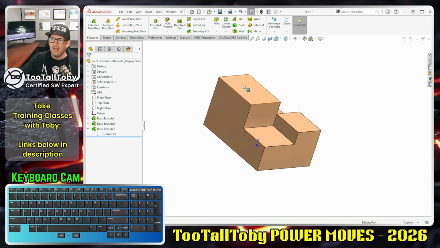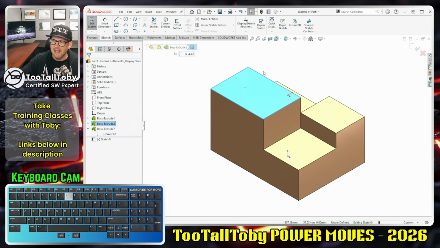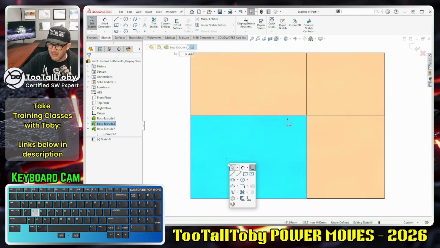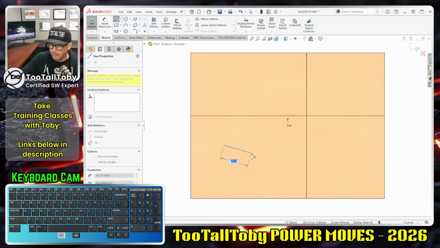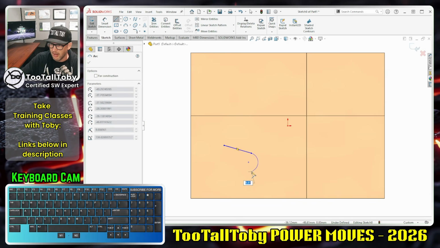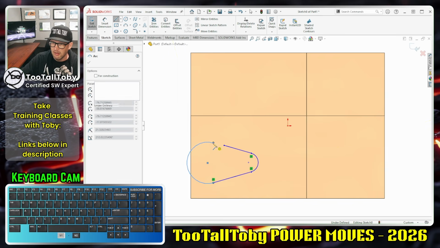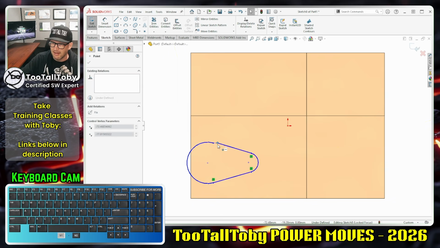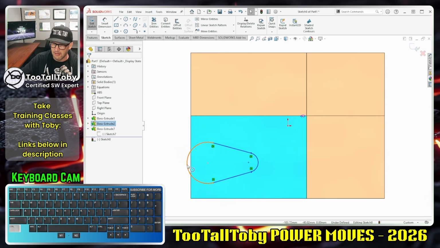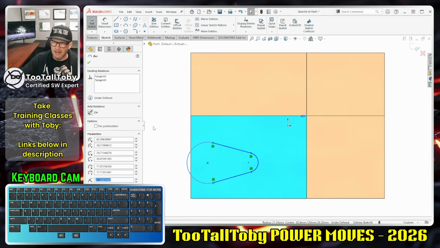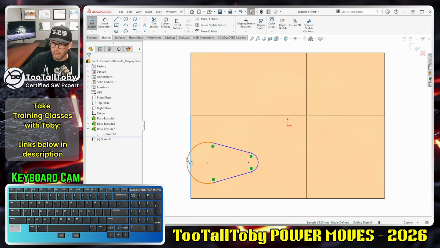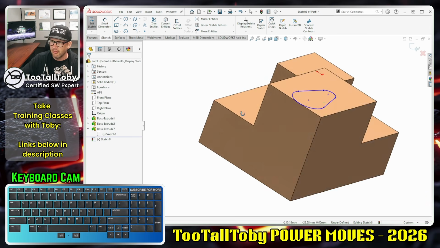The other spot that you'll end up with zero thickness is when you try to do a tangency, particularly on a cut. So if I had a shape like this, where I come over, touch the end point, come around with a tangent arc here, come down like so, touch the end point, come around with a tangent arc, okay, and I'm going to notch out an area here that I want to be tangent to this face down here. Well, once again, we're going to end up with a zero thickness error. So this edge here to this arc here, tangent, we're going to end up with a zero thickness error, because